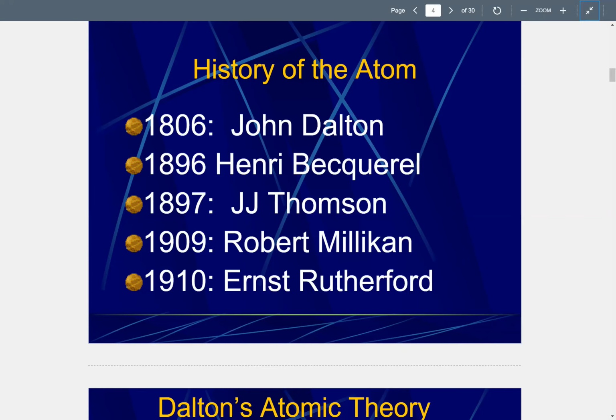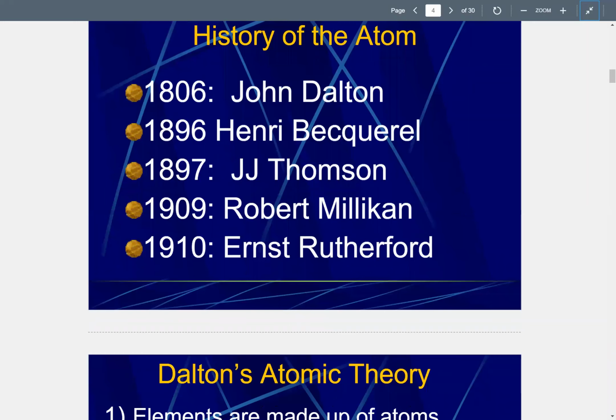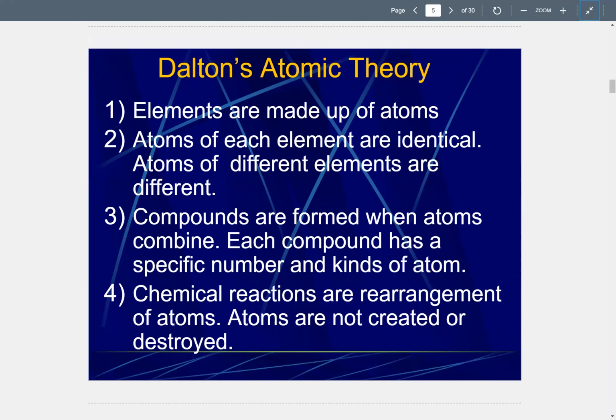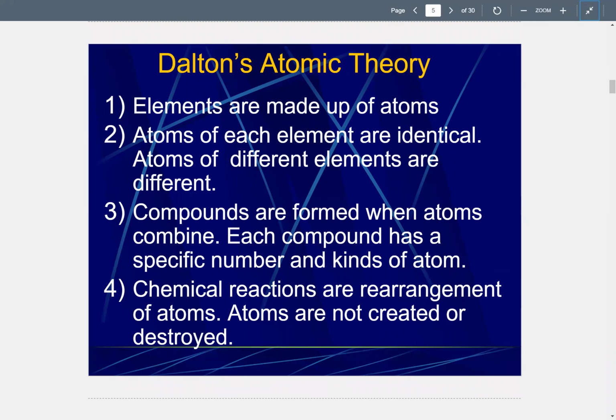And through his work with mass, the law of conservation of mass, he was able to come up with a basic idea of what elements were. John Dalton in the 1800s is the guy who's going to come up with the very first atomic theory. And he's going to call elements